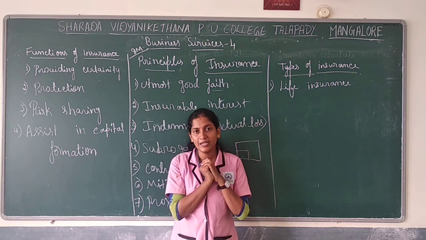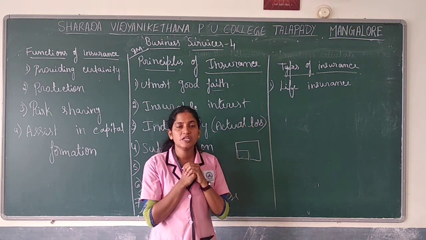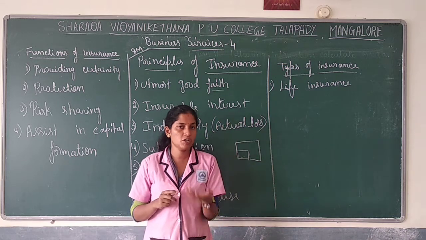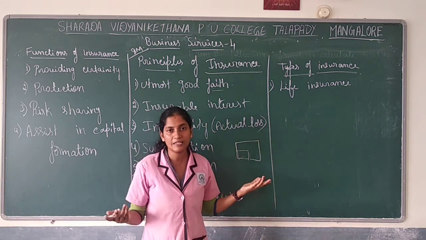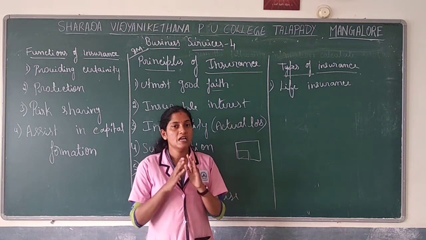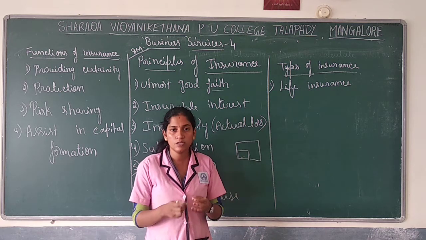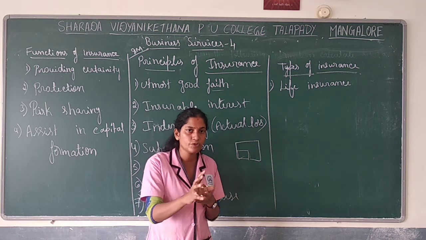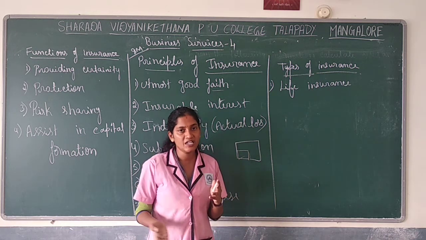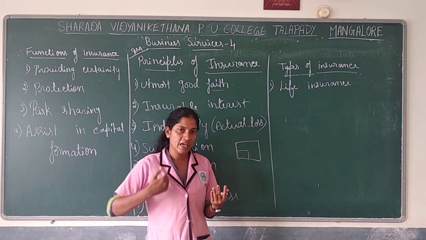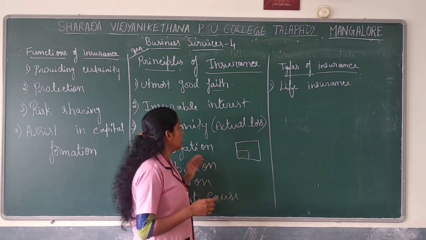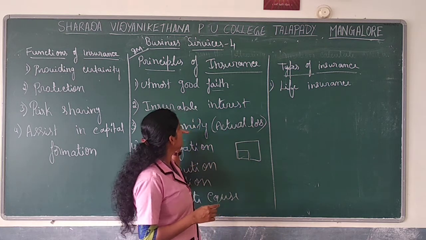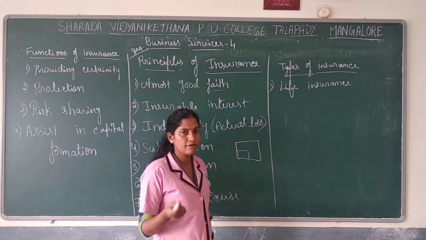So I will repeat, indemnity is nothing but the insurance company will cover only the actual losses, actual financial losses, because this indemnity is not applicable in the case of life insurance. Why? Because in life insurance, you cannot say that, yeah, this one hand got fractured, so only for that hand. No. If he has taken an insurance policy for the life, he has to get full insurance. So indemnity is not applicable for life insurance. It is applicable for fire insurance and marine insurance.